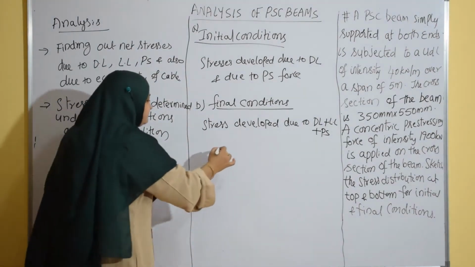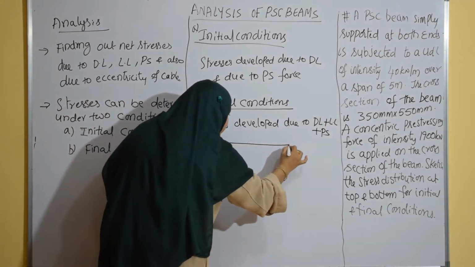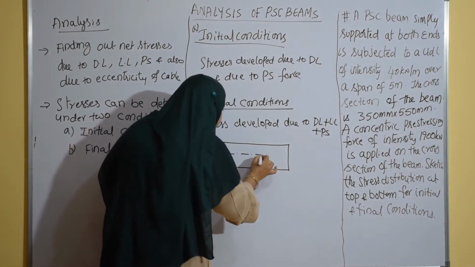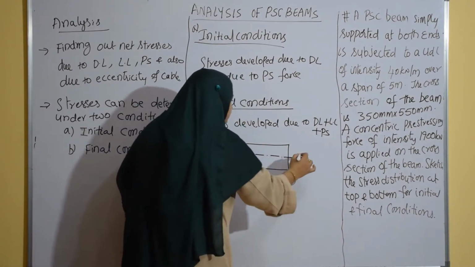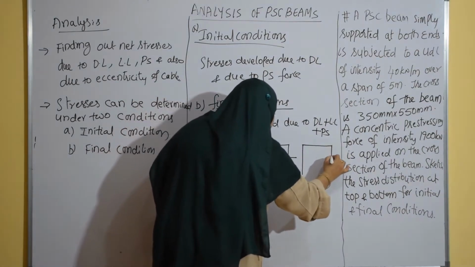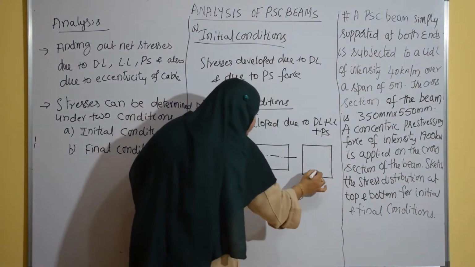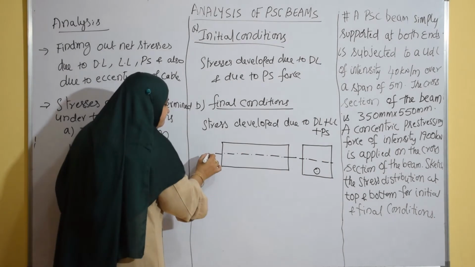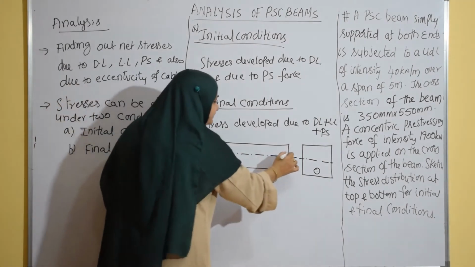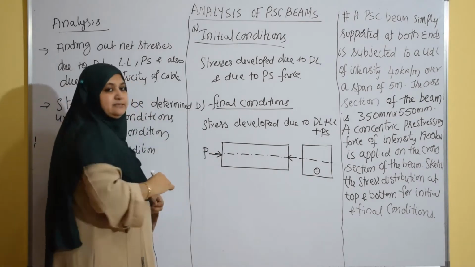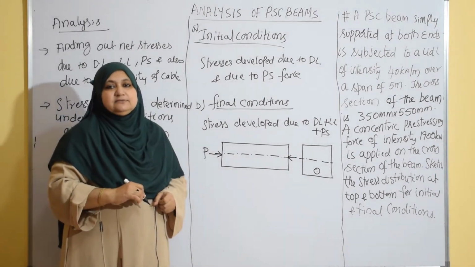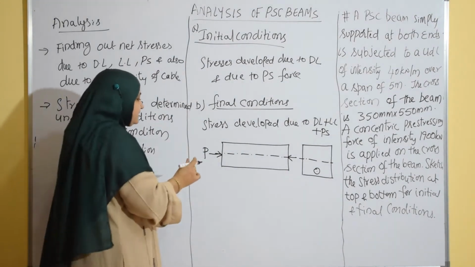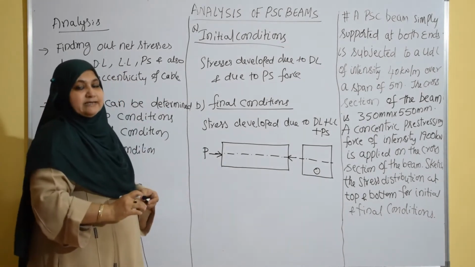Fine. So this is our longitudinal section of the beam. This will be the centroid of the beam. Okay, do understand how we apply the pre-stressing force here. This will be the cable or pre-stressing wires, right? If pre-stressing force is applied along the axis of the beam or section, that is called as concentric pre-stressing.